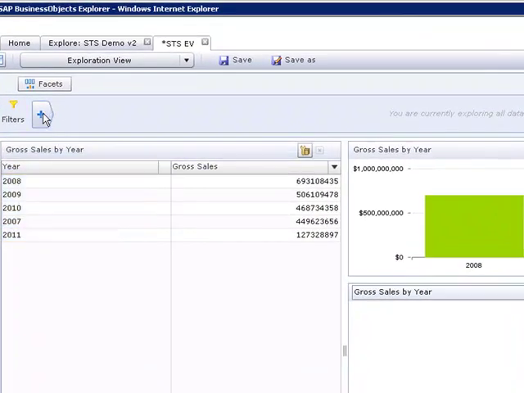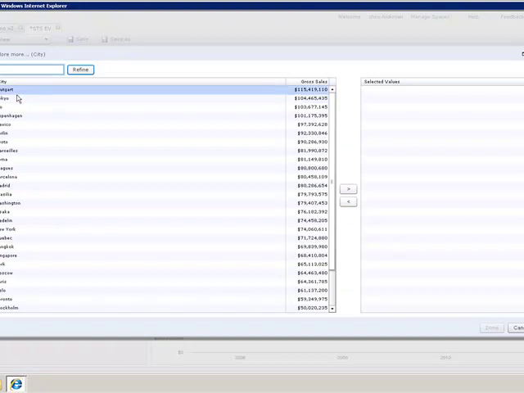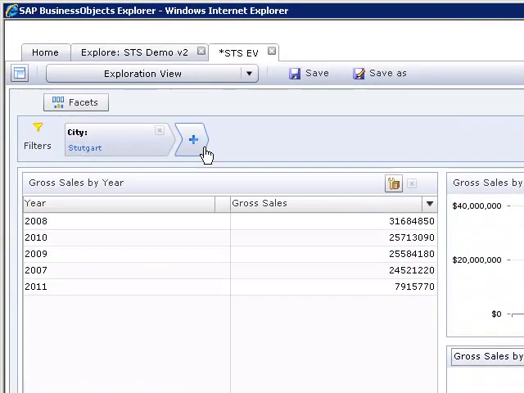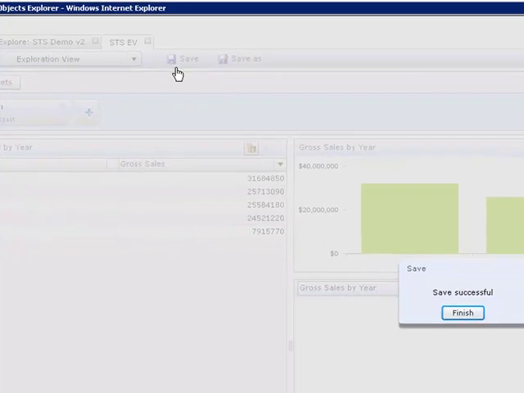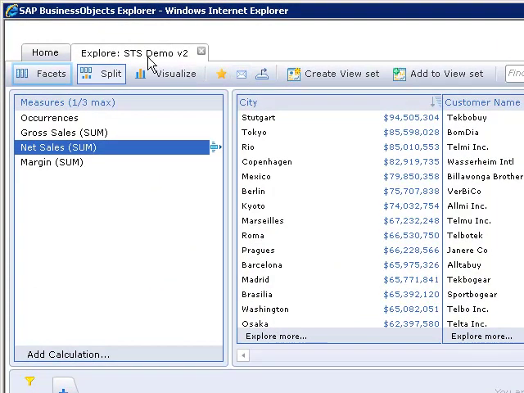So now I can analyze my data. I can click the plus and say city, and just take Stuttgart, and I'll filter that data out, and I can continue adding more and more values, and then click save once I'm done. So now with the exploration views, I can also close this,